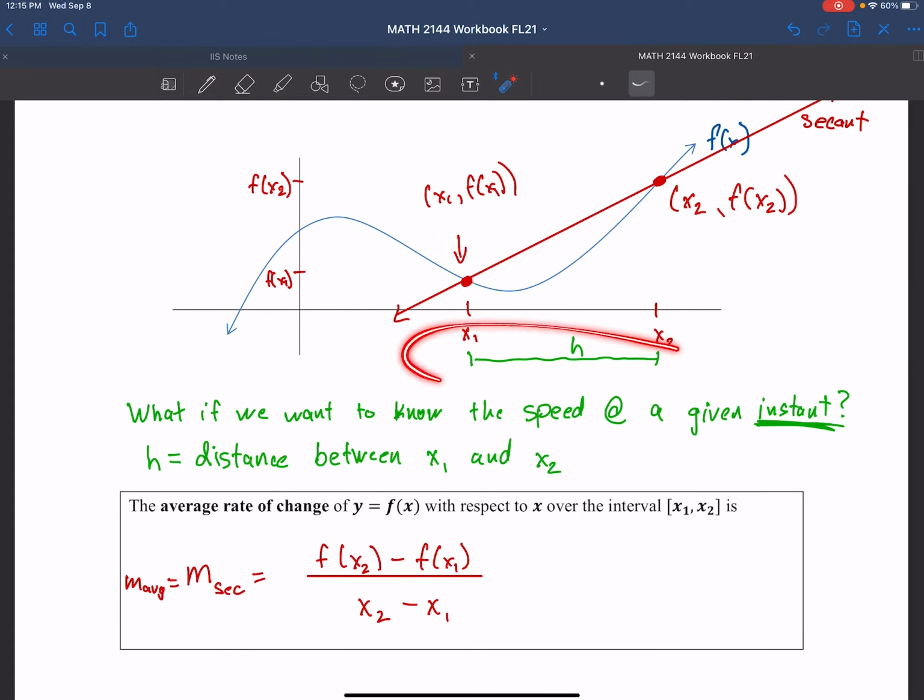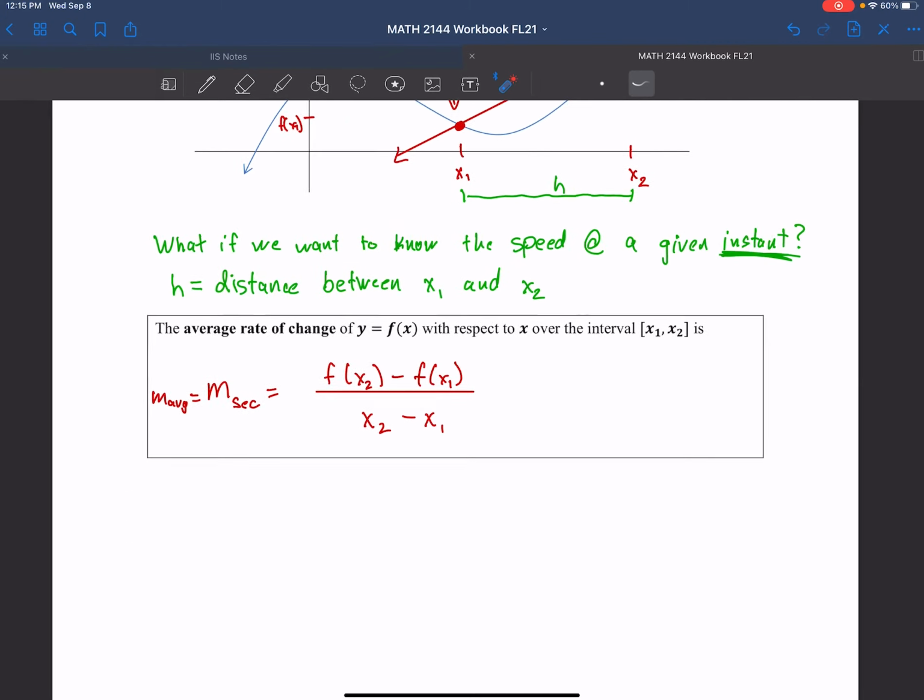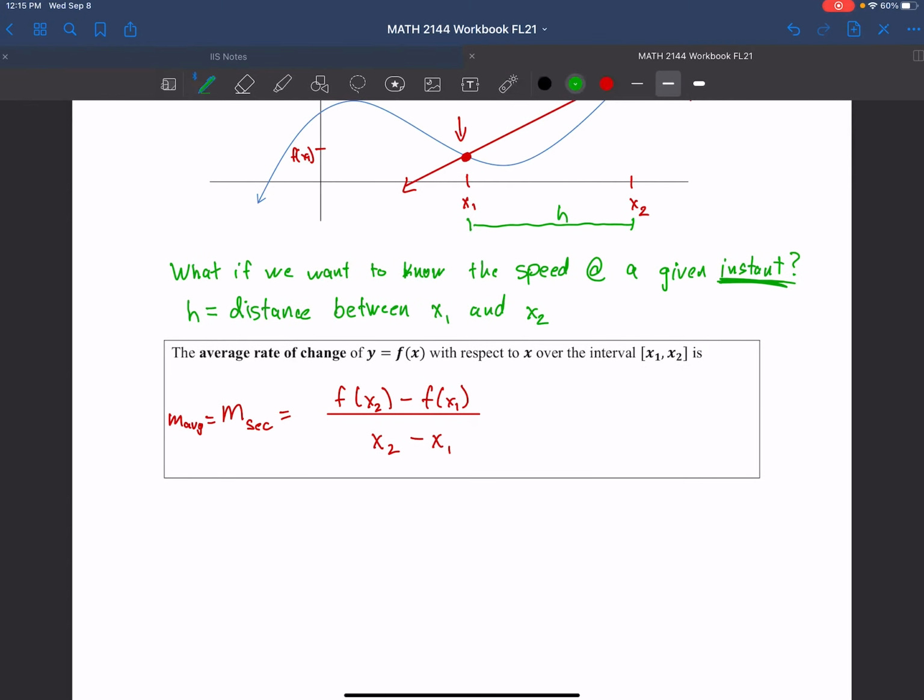In other words, we're going to let the distance between one x and another x become so small that you can't even tell it's a different instant. Therefore, it is your instantaneous rate of change. Let's summarize what I just said in a formula, and then we'll work with it in a few examples. So the instantaneous, not average now, rate of change